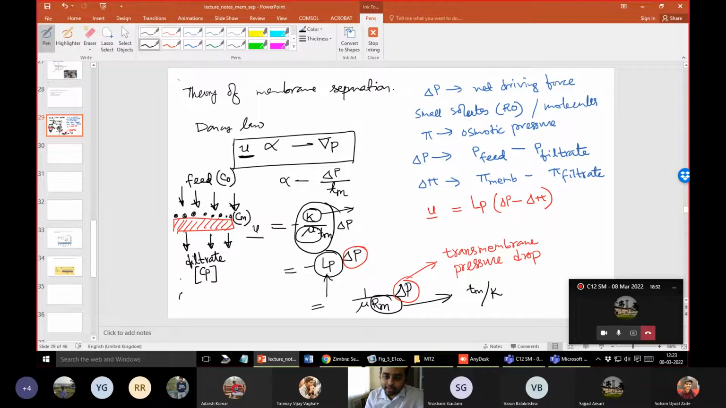So delta pi is a function of Cm minus a function of Cp, right? And since Cp is very close to zero, this part almost goes to zero. So delta pi essentially becomes a function of Cm. For lower molecular weight solutes, if you recall your thermodynamic classes, how osmotic pressure depends on the solute concentration,